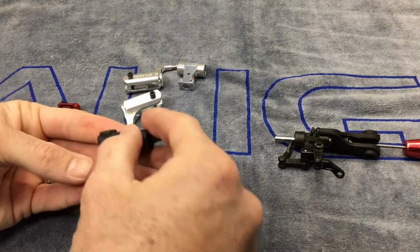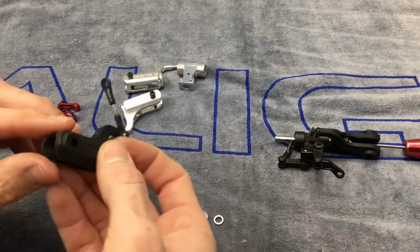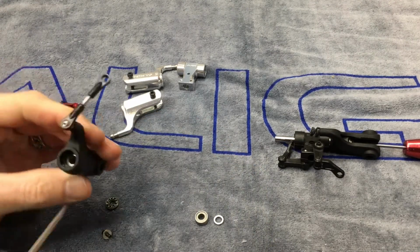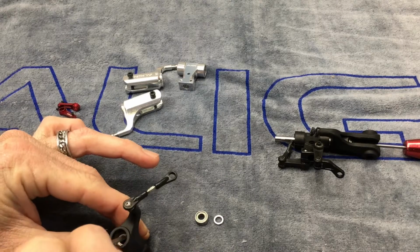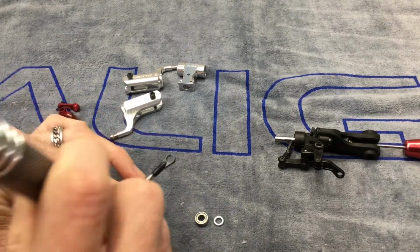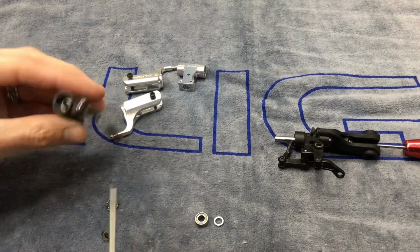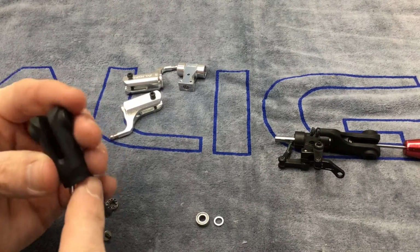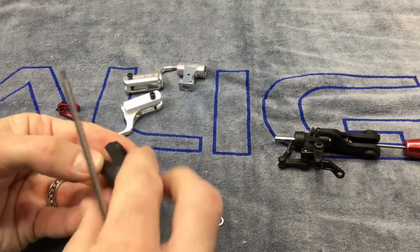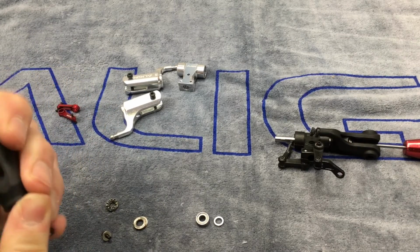So now we're going to have the thrust bearing. We have to get the other side out. See, come on, thrust bearing race. We have the race in there. All right, so let's get the race out, which is right here. So we have our thrust bearing. We have a race in here. Trying to get out. Here we go. Okay. And then we have another bearing,